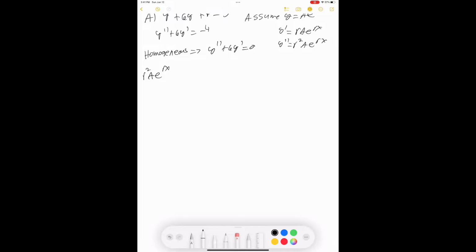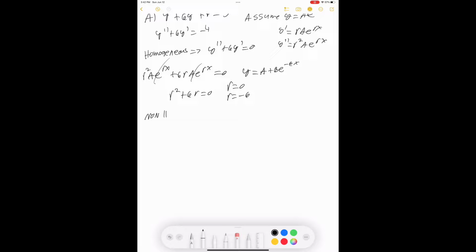So you could just plug that into the homogeneous equation, right? You're going to get r squared a e to the rx plus 6r a e to the rx. Your a e to the rx's are always going to cancel out, so you could skip writing them in if you're comfortable, right? And you'll get r squared plus 6r equals 0, r is equal to 0, r is equal to -6. You have your homogeneous aspect of the solution as a e to the 0 plus b e to the -6x. That would be your answer if this was the original question, but you have that -4 on the end, so